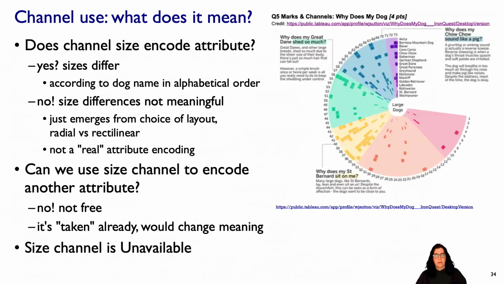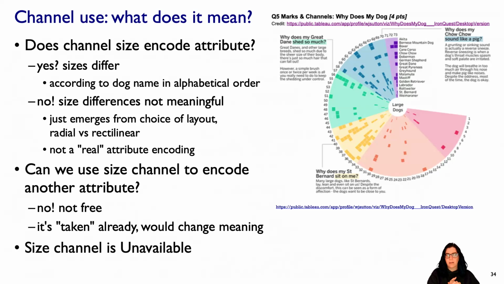Here's a nice one. We've got a data set about dogs. There's a whole bunch of questions about dogs, and we've encoded this. Looks like one of these radial kinds of layouts where we've got distance from the center and then an angular position. So essentially, this is like a grid, but it's a radial grid. Now,